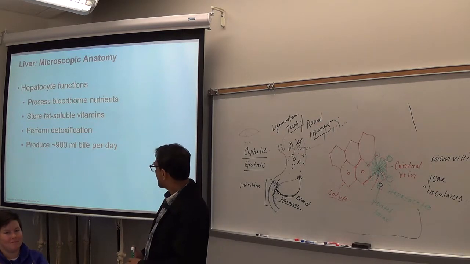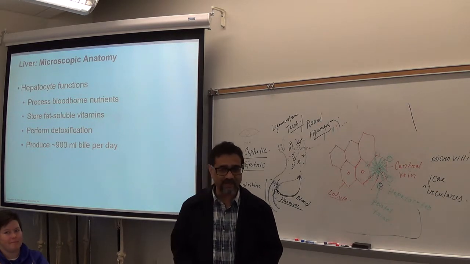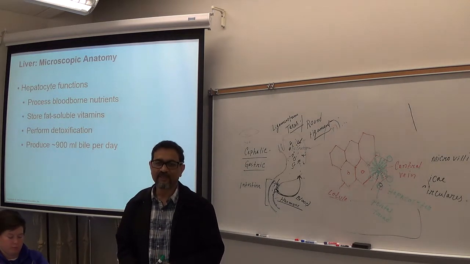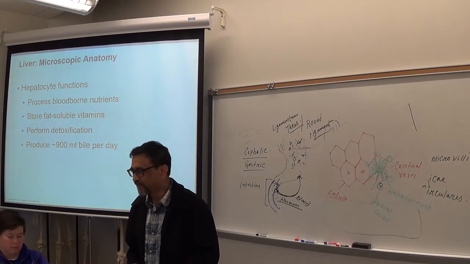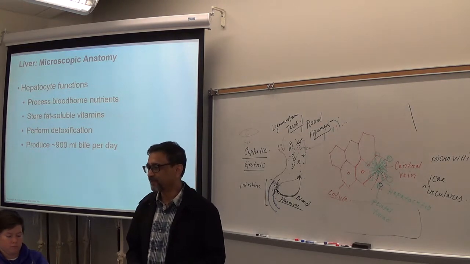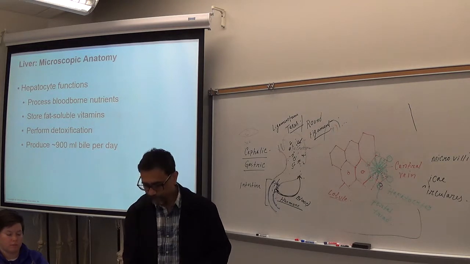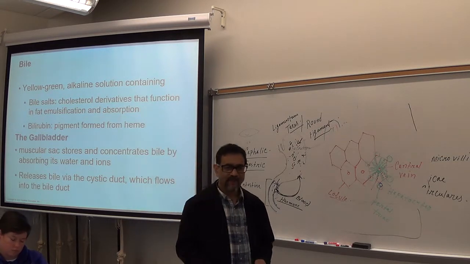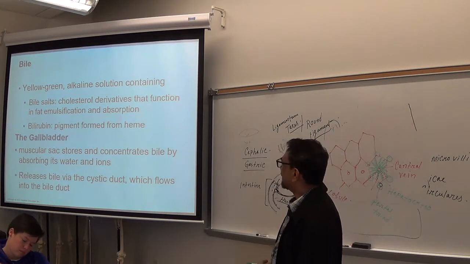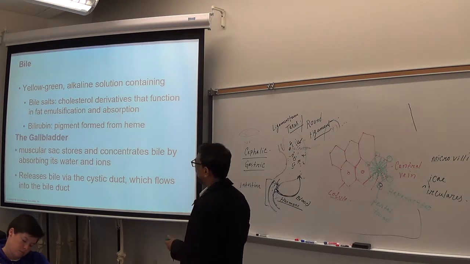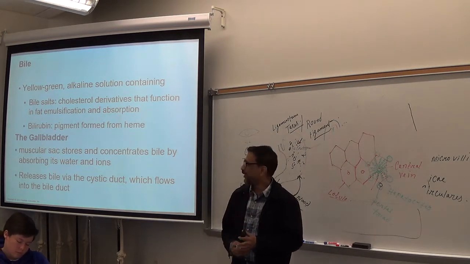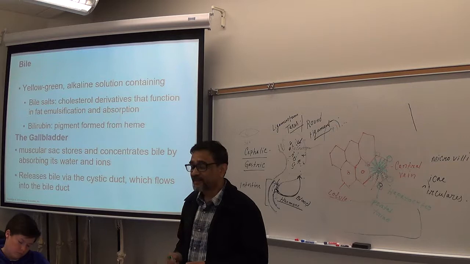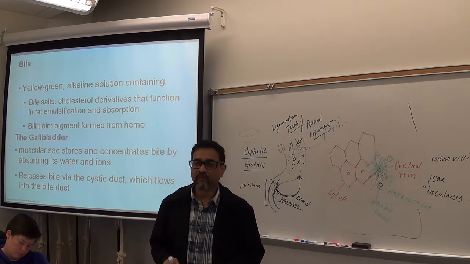Okay, so those are the functions. Processing nutrients, right? Storing fat-soluble vitamins. Make sense? Then what? Detoxification. And the last one is production of what? Bile. What is bile? Bile is a yellow to green alkaline solution. Bile contains bile salts, and bile salts help in two things: